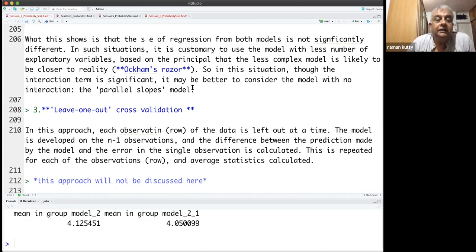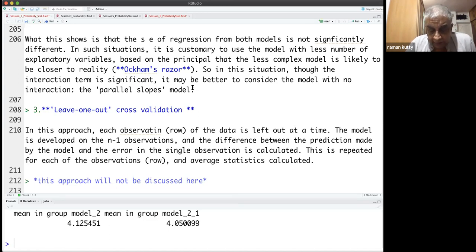Okay, then there is another technique, which we will not discuss in detail. There are a lot of variations on this theme, but the third approach is called leave one out cross-validation.